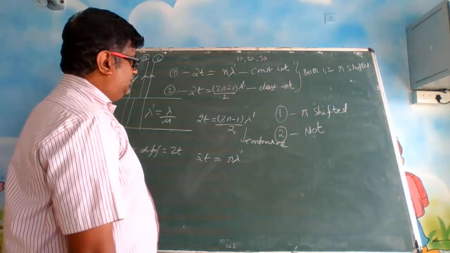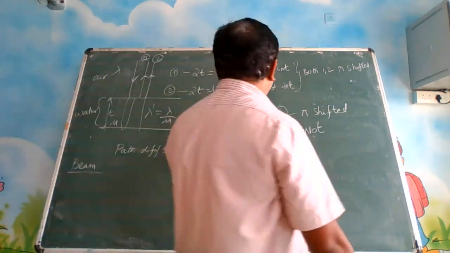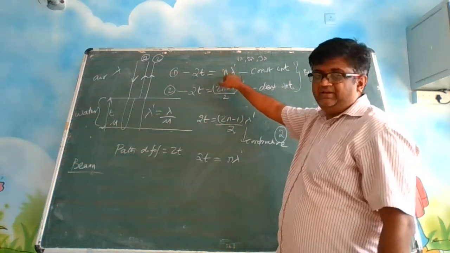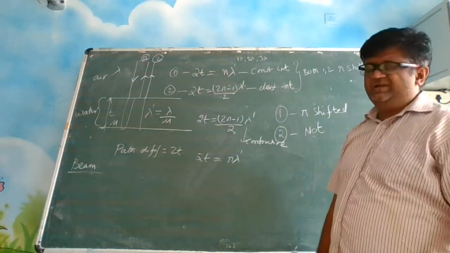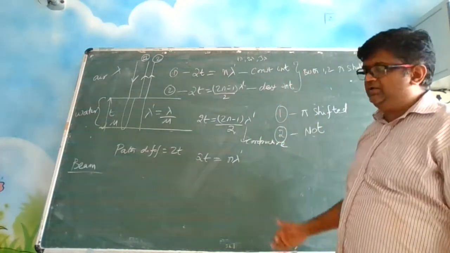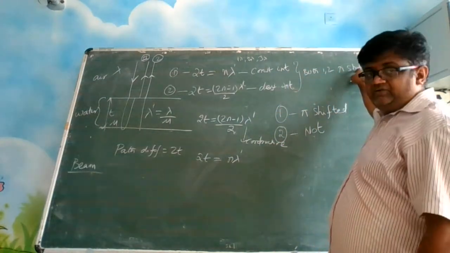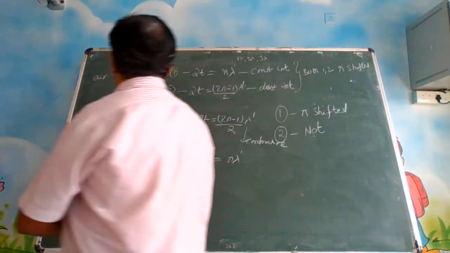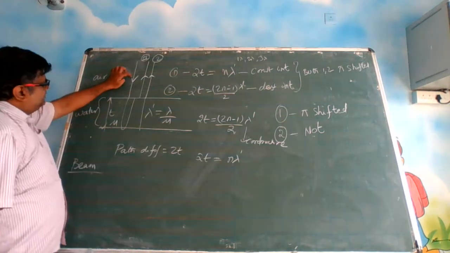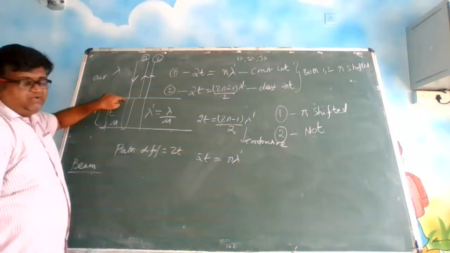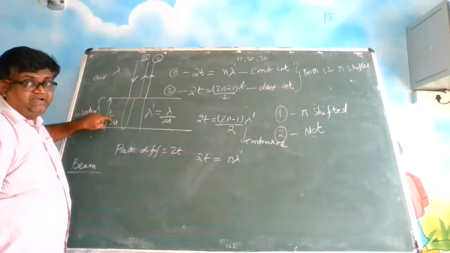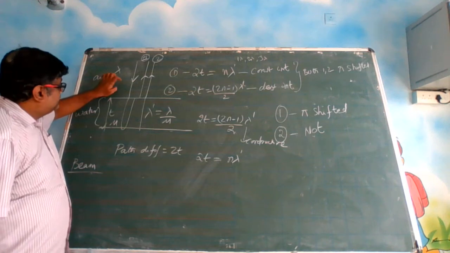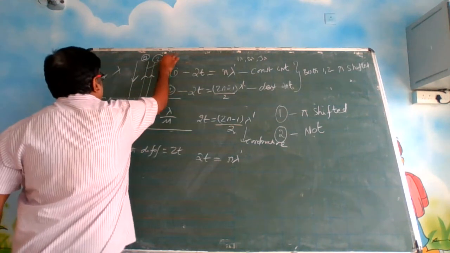Alright? So यहाँ पे दो conditions हैं. Originally, what we have seen is that if it is an integral multiple of lambda, we call it constructive interference. But we have to see here whether both have pi shifted or only one has pi shifted. What is pi shifted? Look here. This ray is hitting this boundary, and this boundary is a denser medium. This region is denser compared to this. So this is pi shifted.